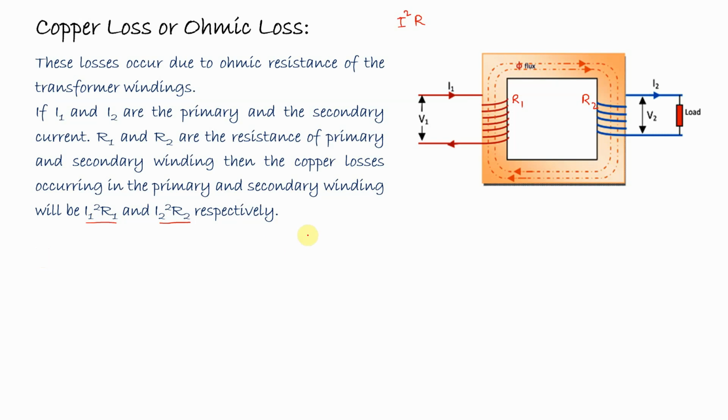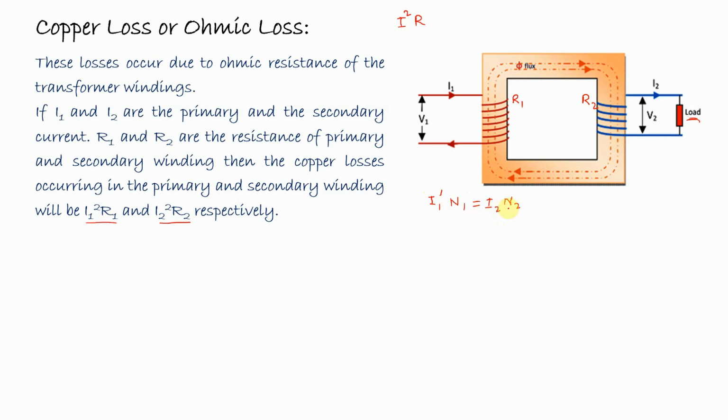Basically, the copper loss or the ohmic loss depends upon the current, and the secondary current basically depends upon the load. That means if we increase the load, then definitely the value of I2 will increase, and if the value of I2 increases, then the corresponding I1 will also increase. That we have seen during the equivalent circuit and the phasor diagram of the transformer, because there is a component in the primary side which is represented by I1 dash. So I1 dash into N1 is equal to I2 into N2, that we have already discussed earlier.